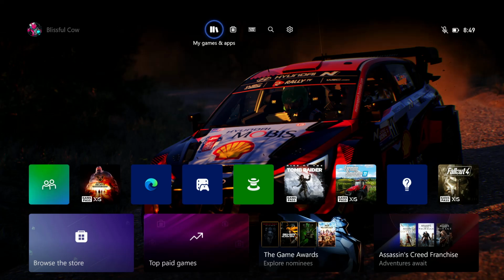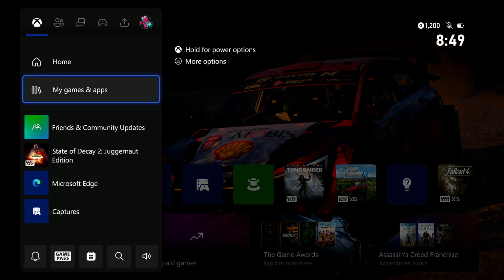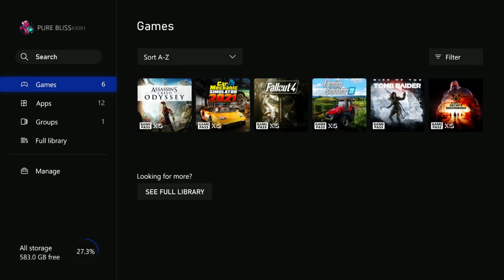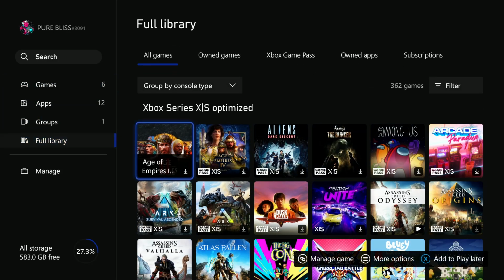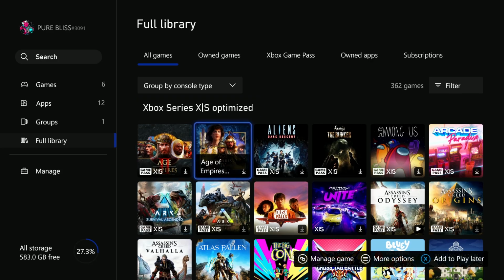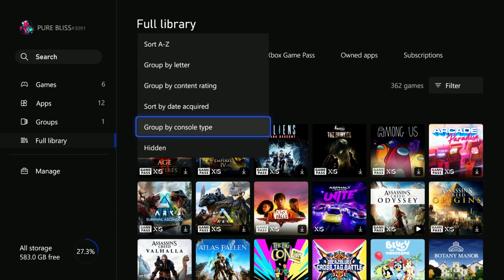So all you have to do is press the Xbox button on your controller, and then from here select My Games and Apps, and then choose See All, and then I'll scroll down and select Full Library. From here you'll see all the games that you currently own, and then come down on this drop down menu and select Group by Console Type,